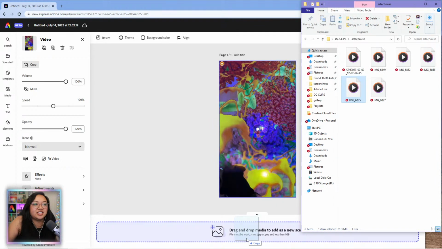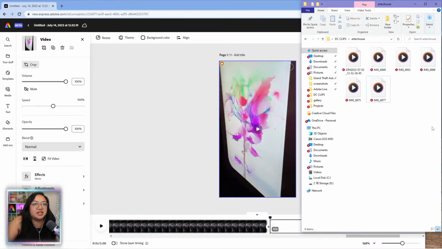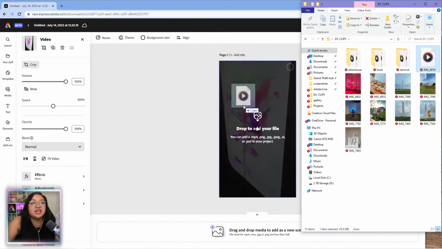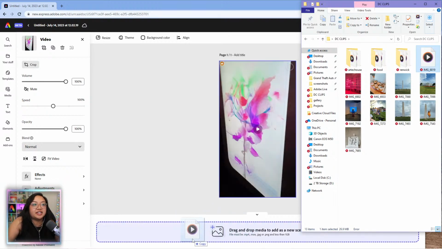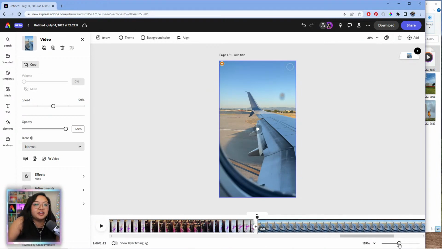So just clicking and then dragging onto the timeline, and it's creating new scenes every time I drag a clip to this timeline. If you drag a clip and put it on the canvas, it will put it on the current scene that you are selected in. So if you want to have an entire scene dedicated to a single clip, separated out, make sure you're dragging it down to the bottom over here. And then it'll add a new scene.